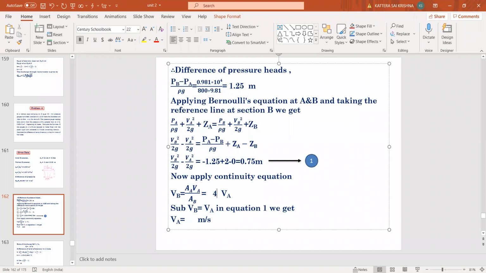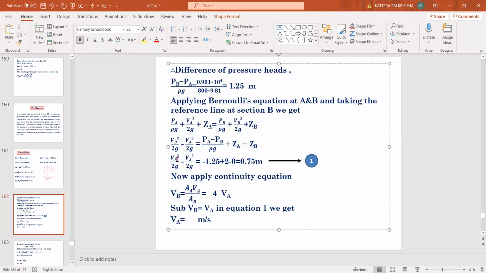Okay, because we are already taking points in three digits, let us take it as 4 VA. It will be easy for calculation. So VB equal to AA by AB, if you do, you'll get 4 times VA. So now substitute this VB equal to 4 VA in equation 1. In terms of VA, you'll get a value. So now you'll get VA from equation 1 when you substitute VB equal to 4